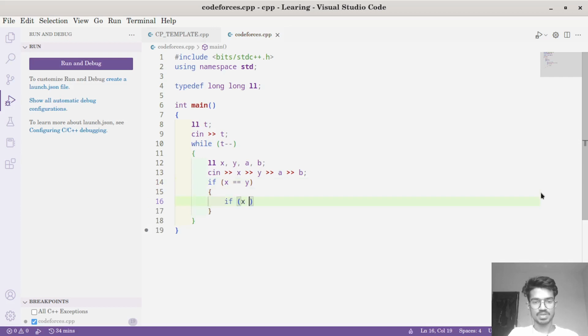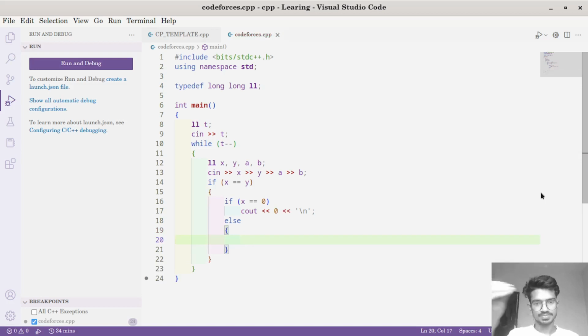If x equal to 0, then we can output 0. Okay. Don't forget to print the end line. If x not equal to 0, then